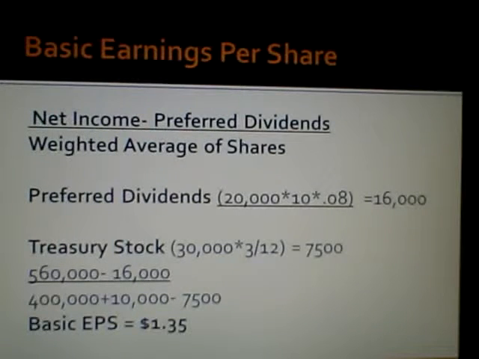To determine the basic earnings per share, you take the net income minus preferred dividends over the weighted average of shares. The preferred dividends in this case would be determined by taking the 20,000 shares times the $10 times 8%, which equals 16,000. To determine the treasury stock, which you'll need to subtract, you take 30,000 times 3/12, since this was done in October, giving you a total of 7,500. This calculated together, net income minus preferred dividends over weighted average shares, gives you a basic EPS of